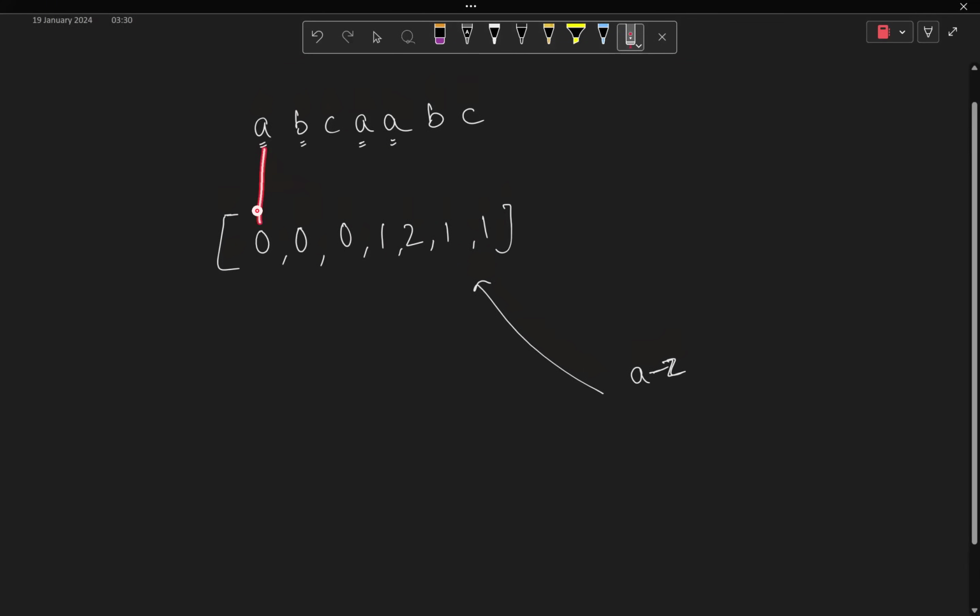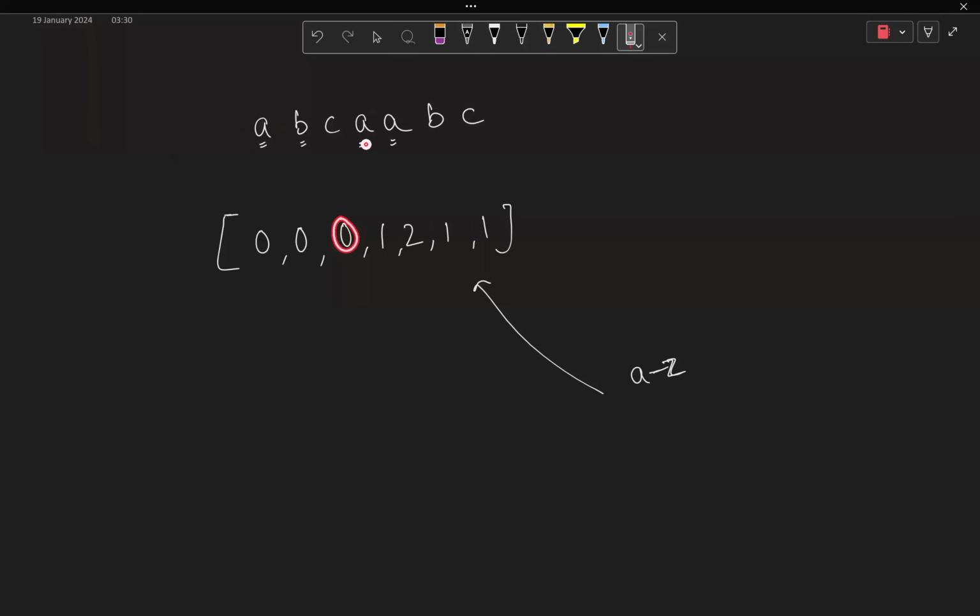So for this A, you know that there is no element on the left equal to it, so it is having a 0 here. For this B, there is no element on the left of B which is equal to B, so we have a 0 at the same index in the trace. Now C, which comes on the third index in the string, there is no element on the left of it which is equal to C. So in the third element of the trace array, we are having